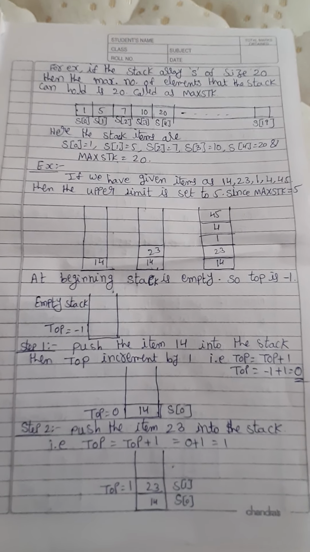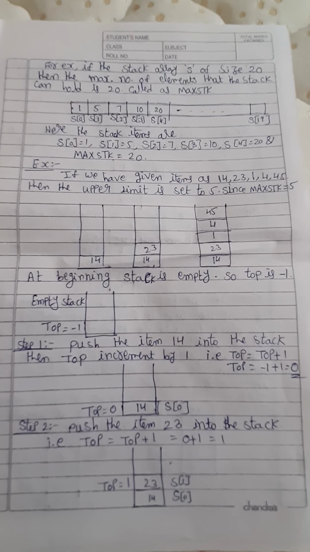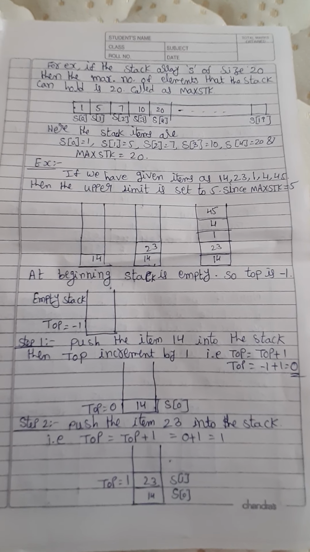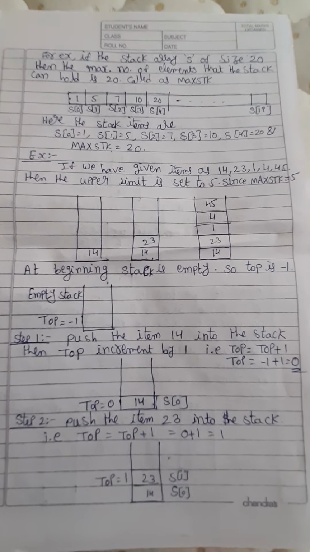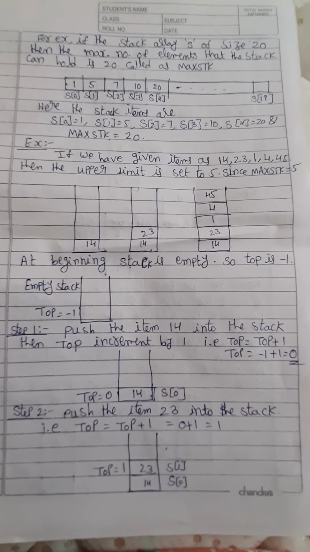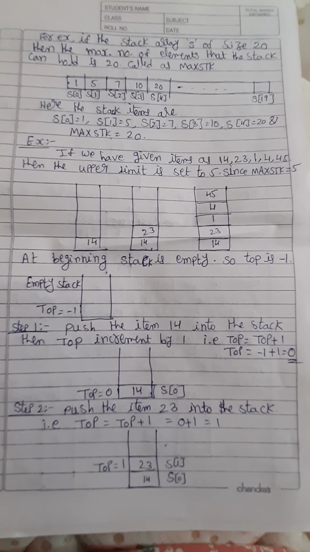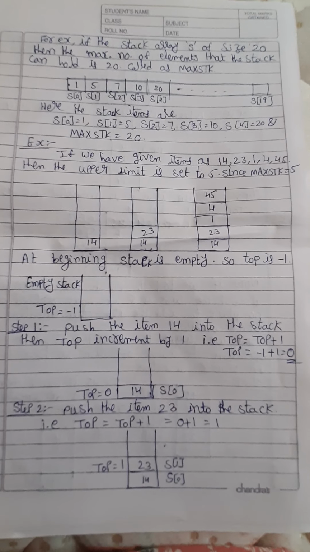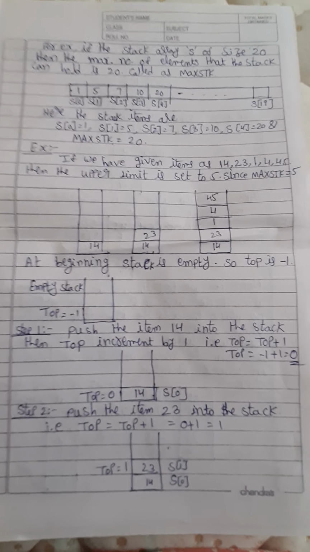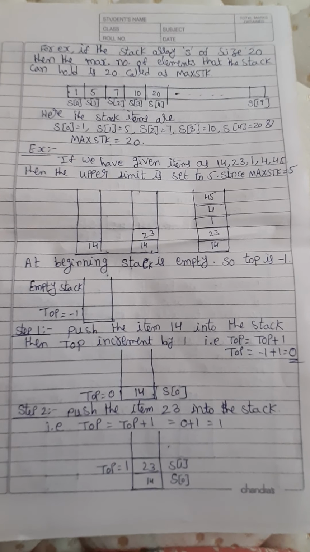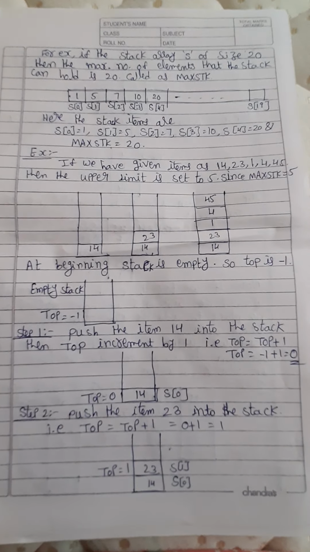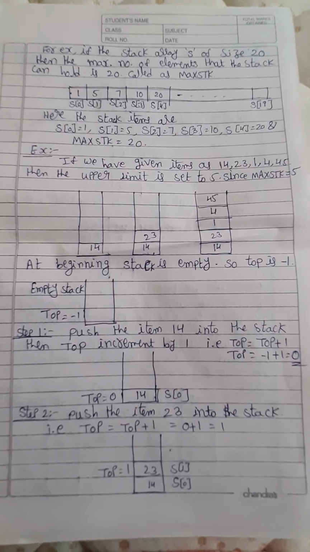And here is another example. For example, if they have given the elements like this: 14, 23, 1, 4 and 45, the max stack value here is 5. Why? Because the total size that we have declared is 5, so we can insert only 5 elements. We can't insert a sixth element. And how it will store the elements into the stack is, at the beginning before inserting an element, as we have already discussed, top is assigned to minus 1. When the stack is empty, just after we have created the stack, the top value is assigned to minus 1.